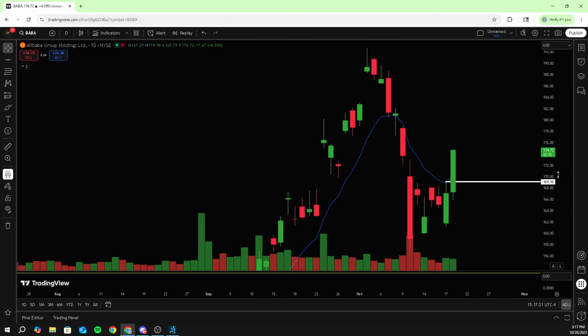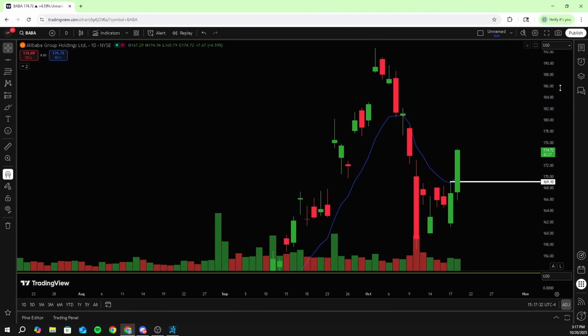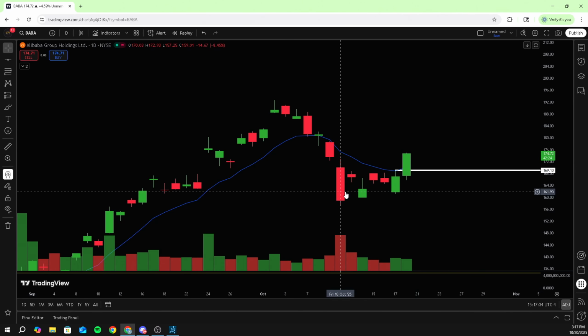Half of my positions out. Only got the other half remaining, and we're gonna get break even on it, or I'm gonna end up closing it when we get maybe around like 176 to 177 in that area. I'll probably look to close it, but yeah, for now we already trimmed half. It was a good trade.